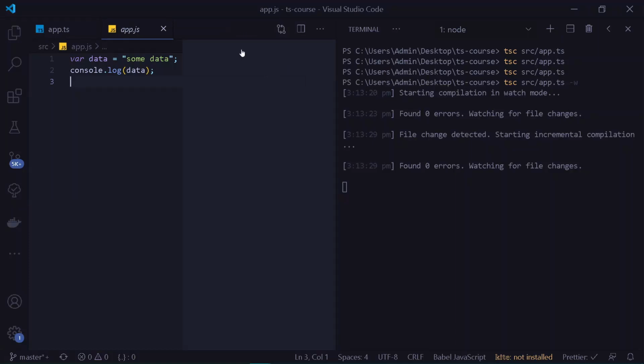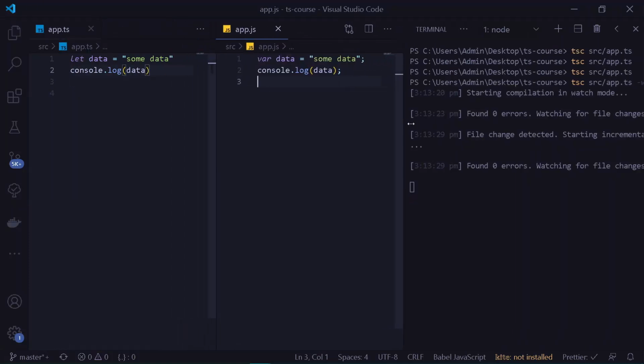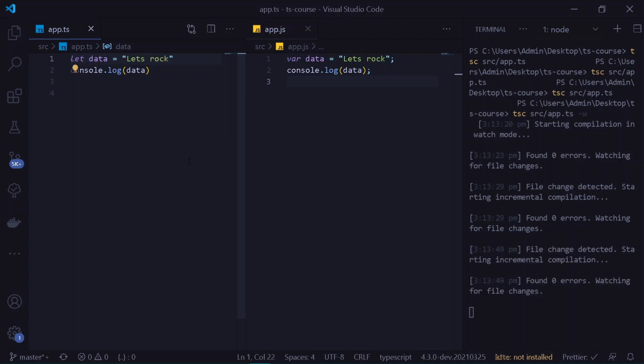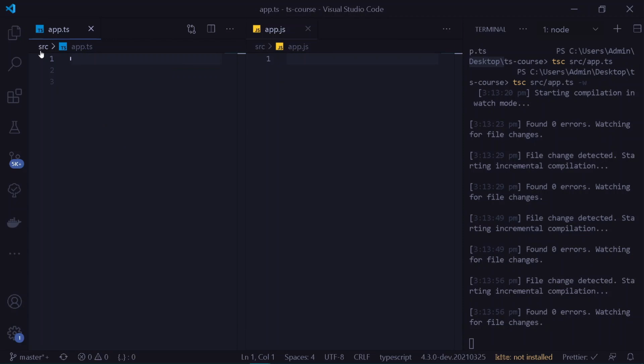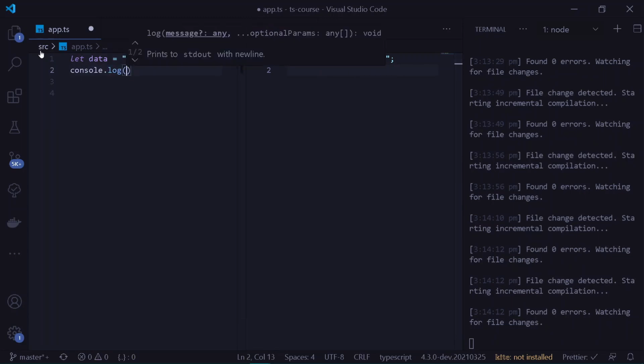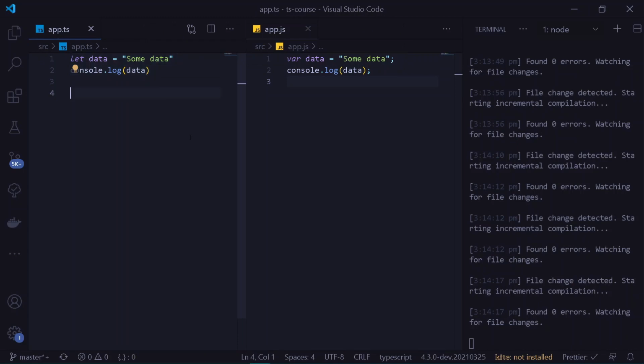So now let's open the following file here, and let's decrease the width of our entire terminal. And if I simply write some other data, let's say let's rock, and press save, now you can see all of the changes are automatically applied over our app.js. Now here if I simply remove the following thing, this will also be removed. But now let's do one thing, add a new keyword of data, and this shall be equal to some data. Alright, some data. So here if I simply say console.log of data, press save,